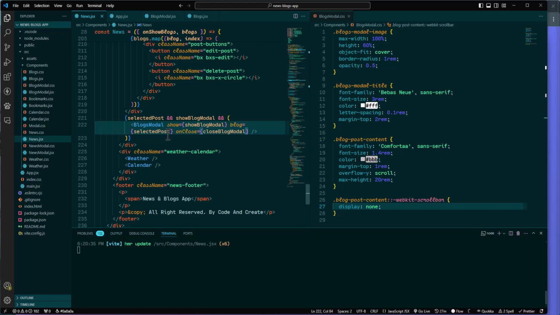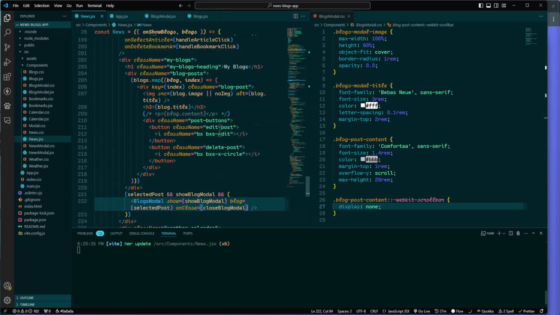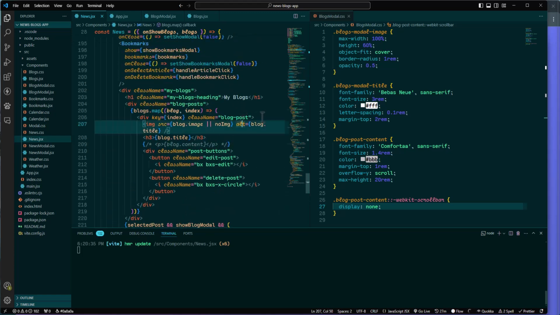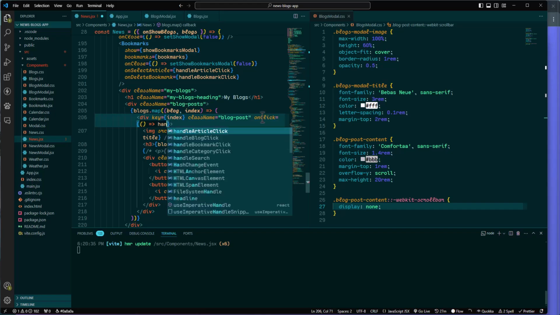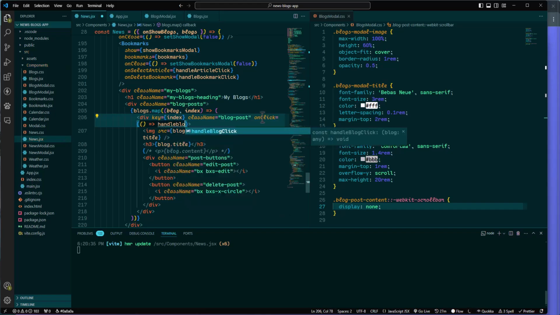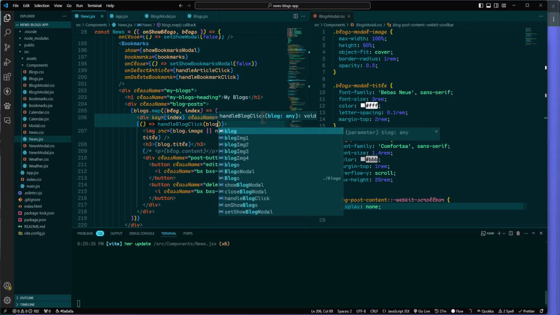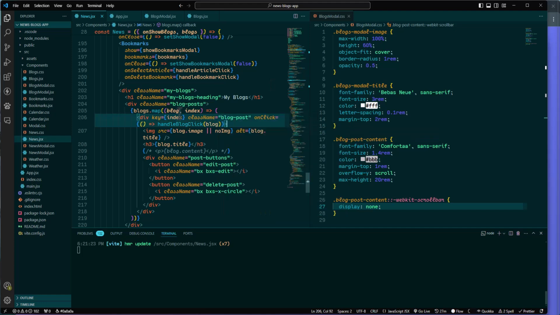Next, we have to pass an onClick event handler to the blog post elements. I mean this element here. Once the user clicks the blog post in the My Blog section, the model should display. So we need here an onClick event handler, and we have to pass here an arrow function. Then we have to call handle block click with the argument block. Okay, so that's it about the